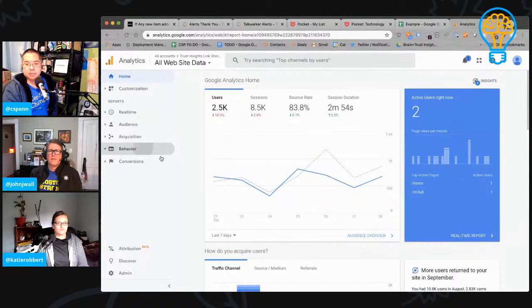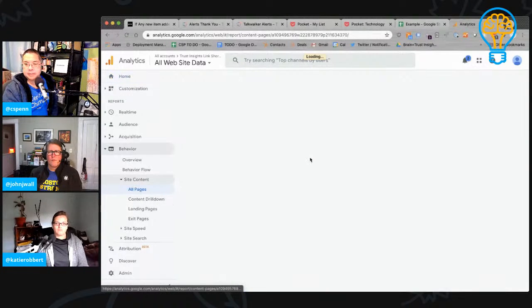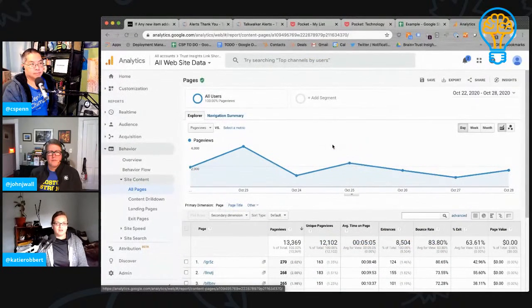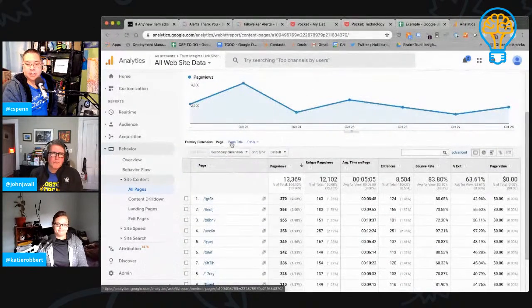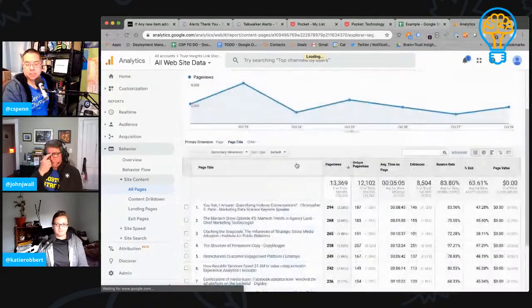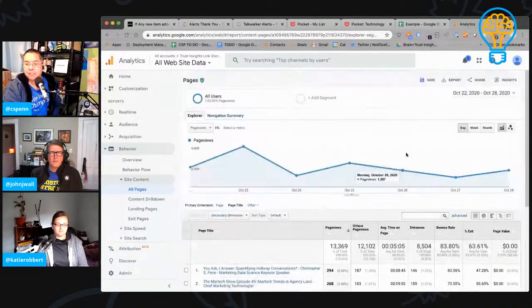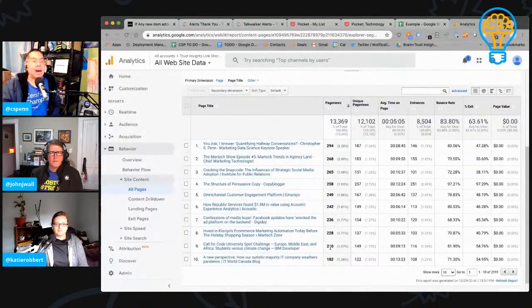In Google Analytics, in our link shortener, I'm going to go to site content, I'm going to go to all pages. And Chris, just to clarify, when you set up our own link shortener service, you also set up a view in our Google Analytics account just specifically to look at those shortened links. Exactly. Okay, let's go to page title, because the short codes are not super helpful. And because of the way the service works, it brings in the redirecting page as a page title. So now I can see in the last 7 days, these are the top 10 links that we've shared that got the clicks, right?